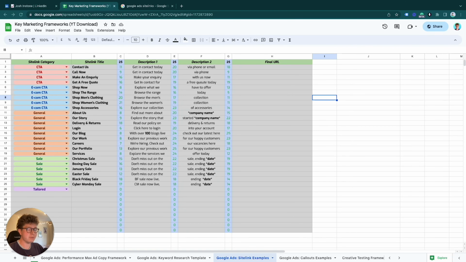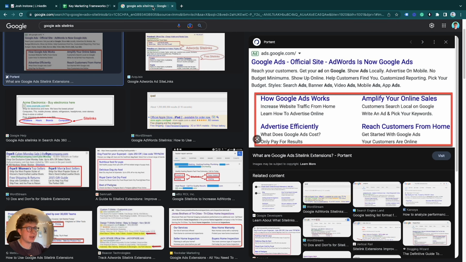So here we have 25 examples of Google Ads site links for you to use in your campaigns. Now, first of all, let's speak about site links a little bit. A site link is actually a link that is displayed under the main advertising you have created. Your main adverts can have ad extensions, and site links are the number 1 ad extension you should be using